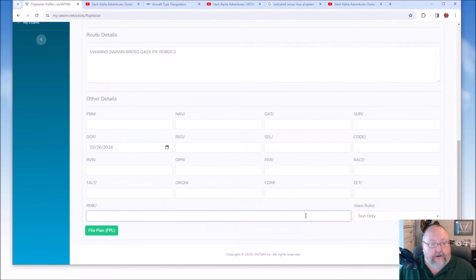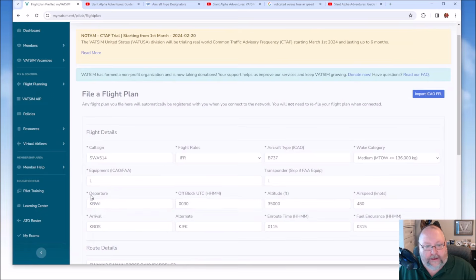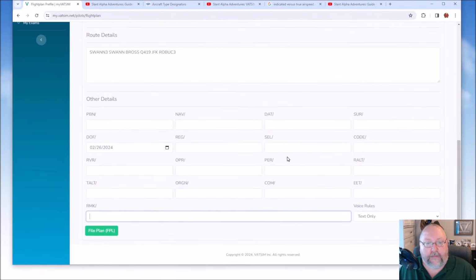The remarks code, there's going to be a lot of additional information that should go in there depending on some things that we put in the equipment code and the transponder code in terms of the ICAO format. However, this is also something where your live stream link can go if you wanted to. Live stream link or virtual airline link, or well, actually one that I'm going to show you here, RTF, is